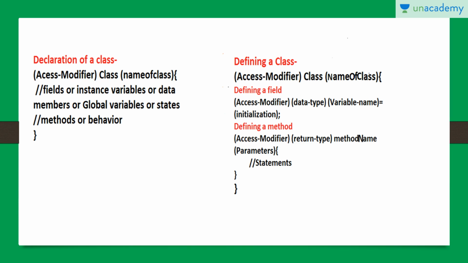First of all, to know about classes and objects, we have to first know how to create a class, how to declare a class, how to define a class, and what contents we can place in a class. And after that, in the last, we will see how to create an object of a class. Okay, so first of all, let us see how to declare a class.